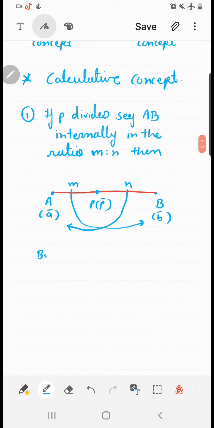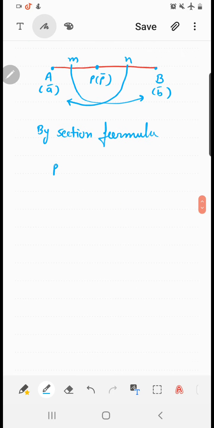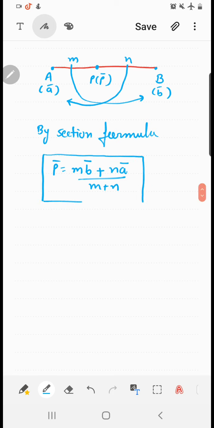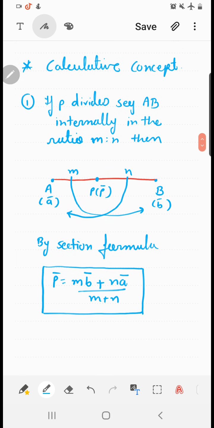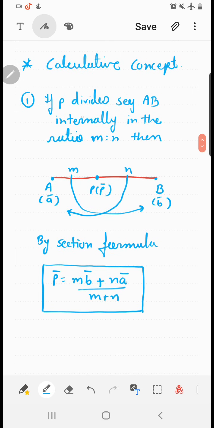So can I say by section formula, P bar is equal to, let's follow the diagram, M goes to B bar, N goes to A bar, in between always plus, upon addition of M and N. So this is the formula for internal section concept. So I repeat again, whenever in a question it is given that P divides segment AB internally in the ratio M is to N,